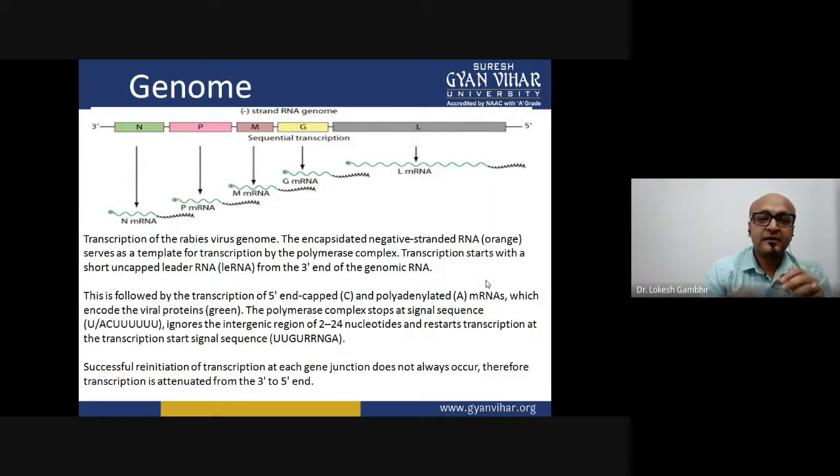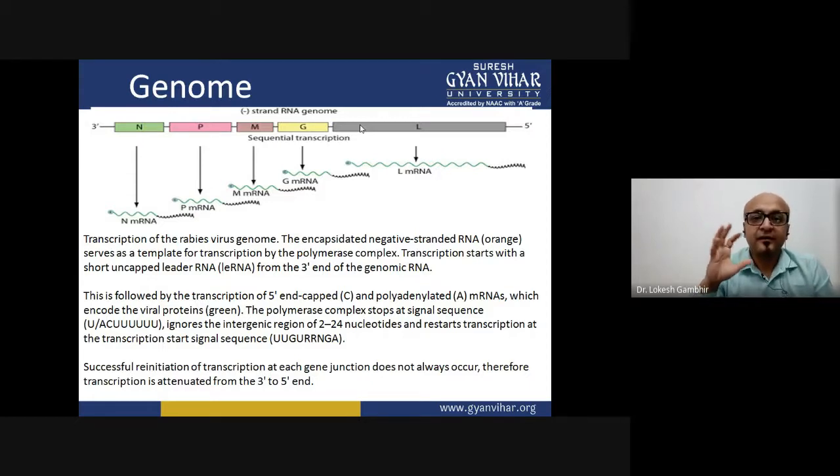So with this, let us look at the genome, that single strand RNA which is of particular interest: how it is behaving, what is the length, and what are the proteins that are being coded. See, it's a very simple and very short single strand RNA made up of 12,000 base pairs. It's a 12 kilo base pair length RNA. Now, this particular RNA is arranged from 3' to 5'. Then there are 5 genes, and the RNA in this rabies virus codes for only 5 proteins.